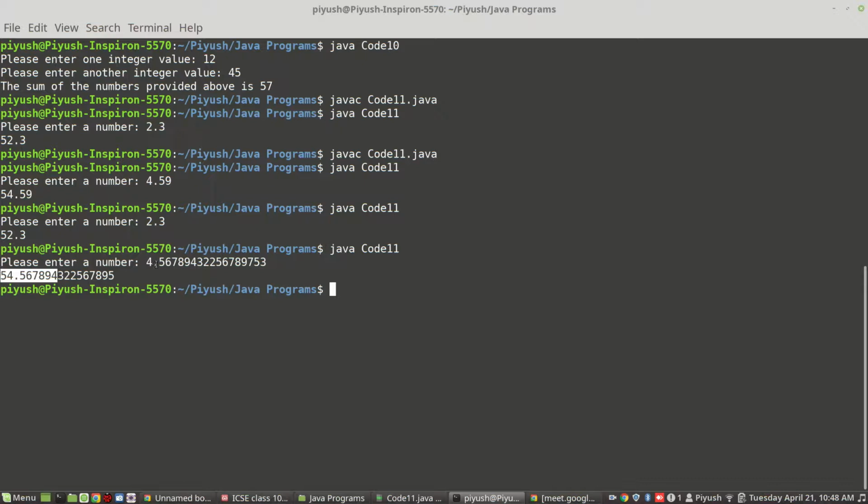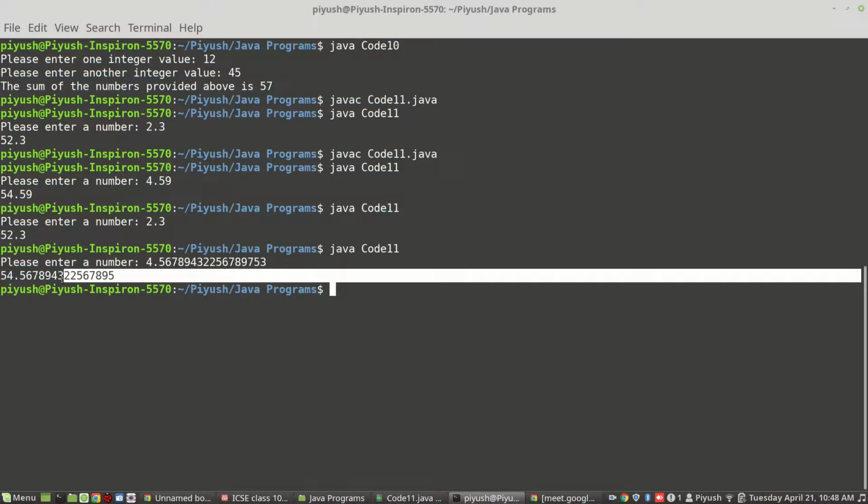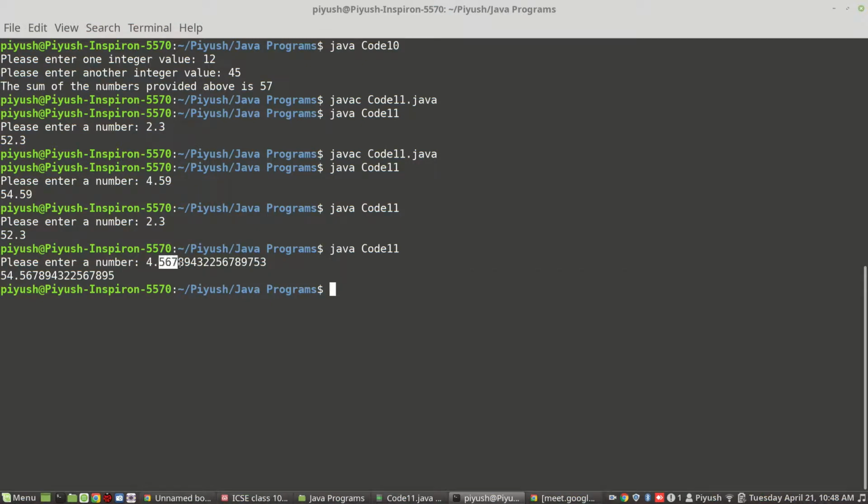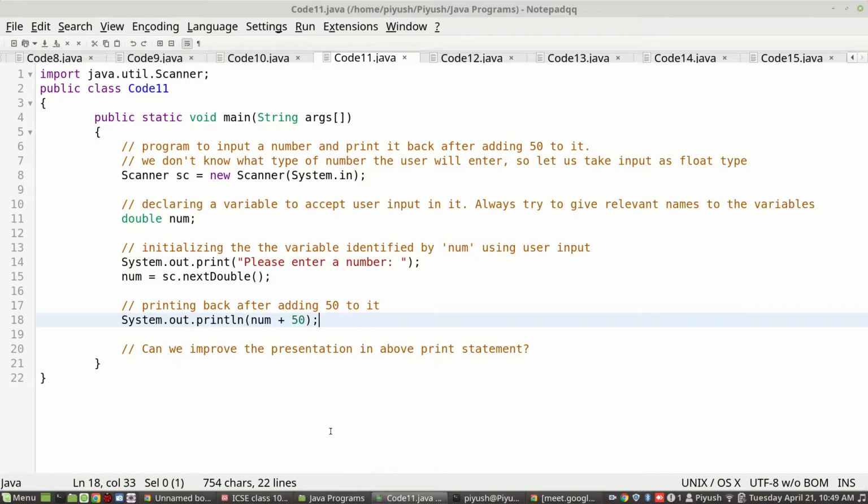Okay, because double values are capable of storing more decimal places and giving answers correct to that many decimal places, therefore whenever you require precision to many decimal places, in that case only you are going to use double. For most of our purposes we are only going to use float. So no worries, for now we can make a habit of using float only. I am keeping this as double, but when you are programming, whenever you are using any numbers with a decimal point, you should use float only, because it will consume less space.